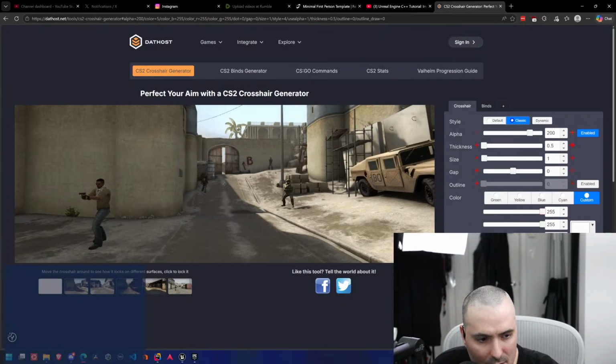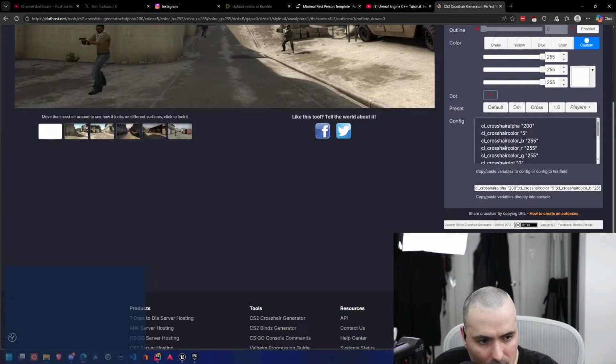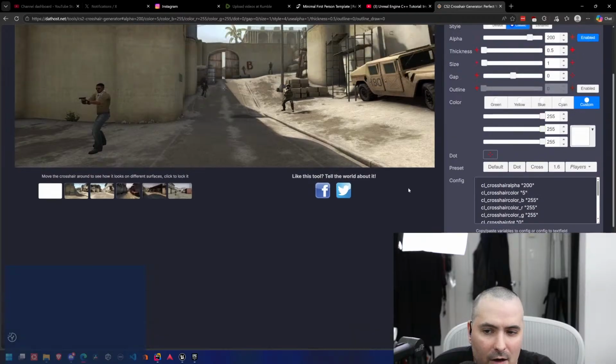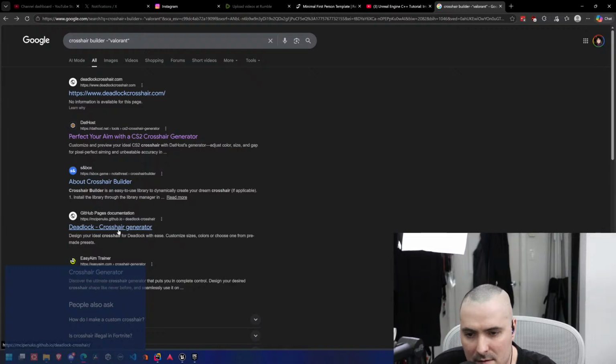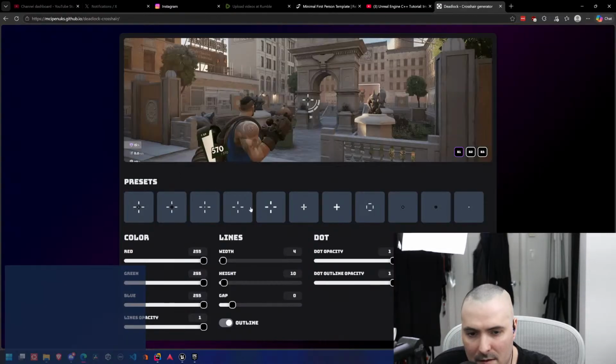Well, that can work. Oh, it doesn't allow you to download it as a... God damn it. I don't want a config. I want a download.